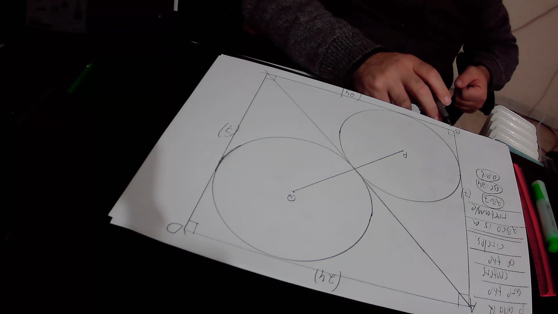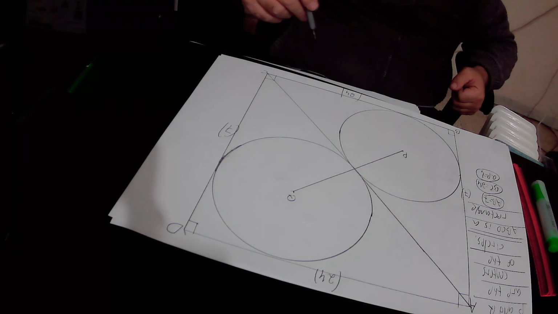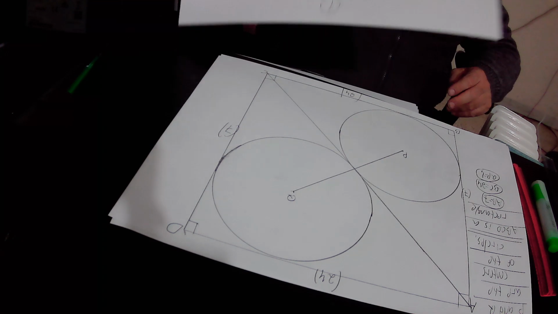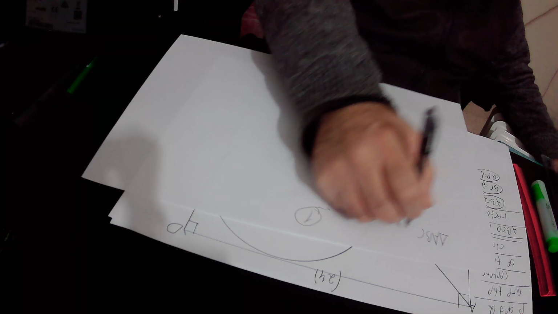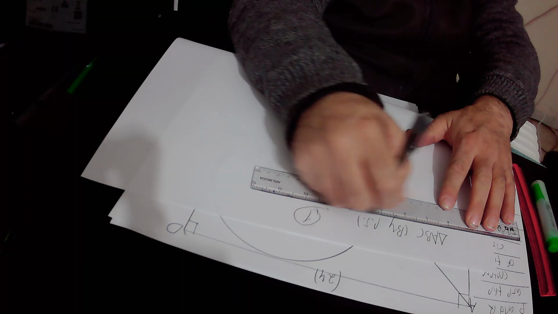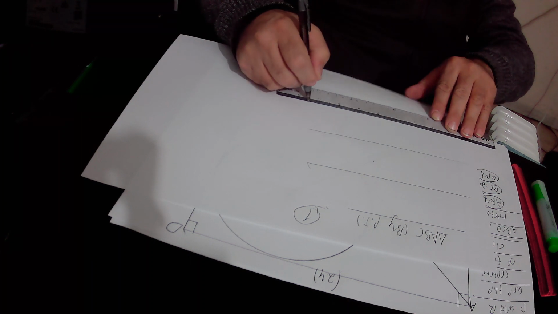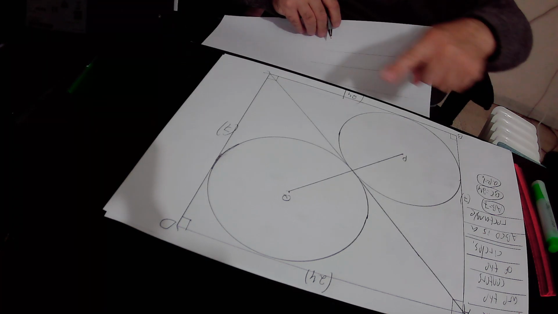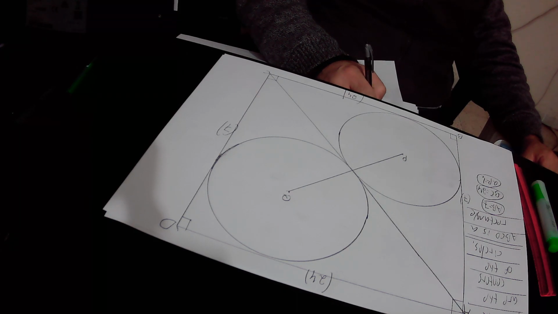So this angle ABC equals 90 degrees, therefore we can implement the Pythagoras theorem on the right triangle ABC. According to the Pythagoras theorem, in any right triangle, the square of the hypotenuse equals the sum of the squares of the perpendiculars. The hypotenuse in the right triangle ABC is AC, therefore the square of the hypotenuse is AC squared, and it must be equal to